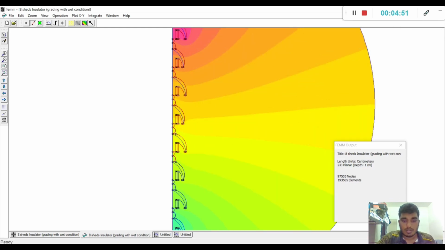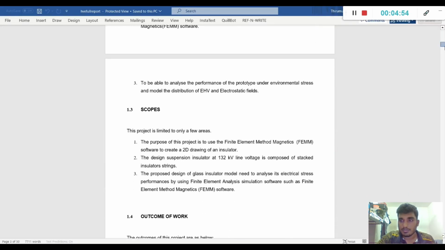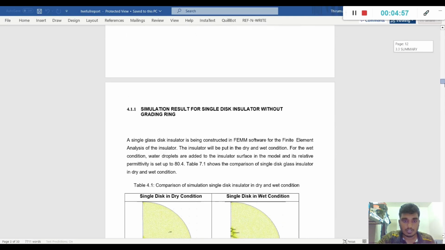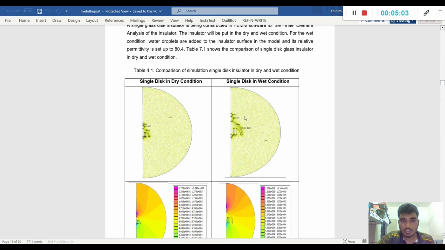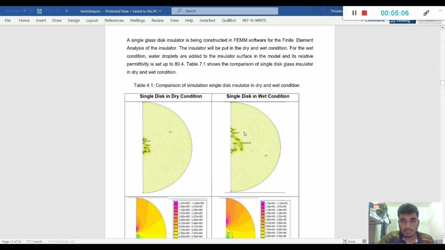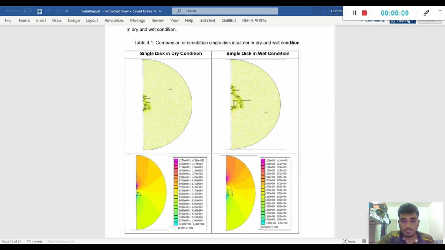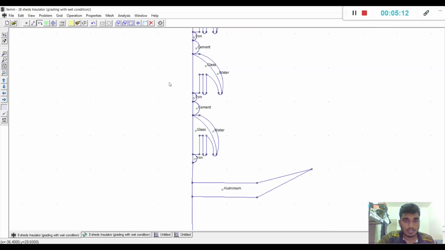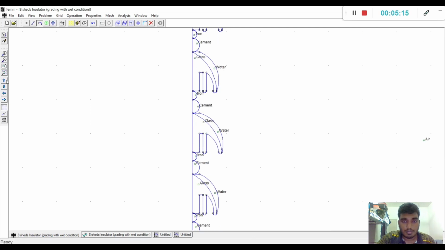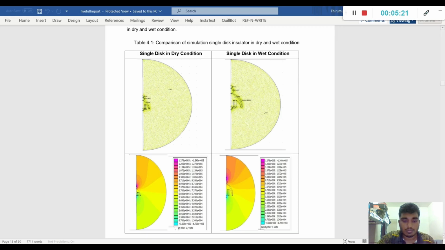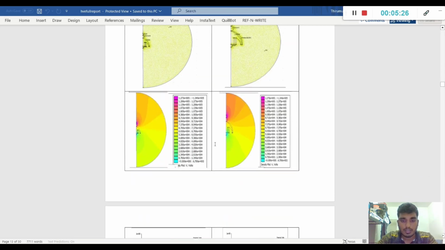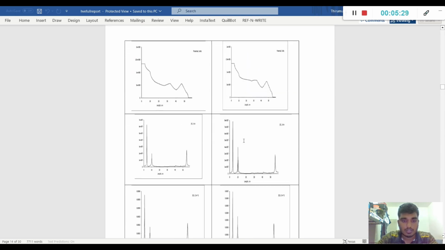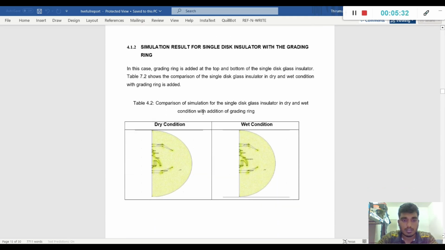stack insulator. So basically, we have several other simulations. This one is a single disk in a dry condition and a single disk in a wet condition. For the wet condition, we just need to add the outer part of the glass insulator with a water condition. As we can see here, this is the single disk insulator for dry and wet condition, and this is the result we can get from the simulation,